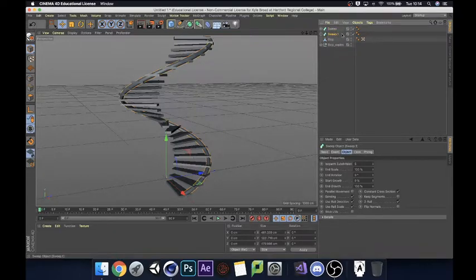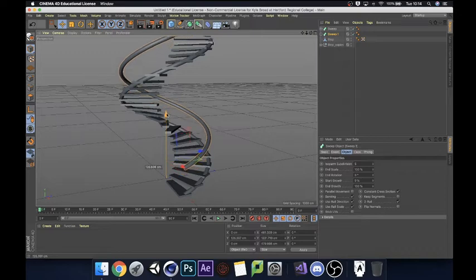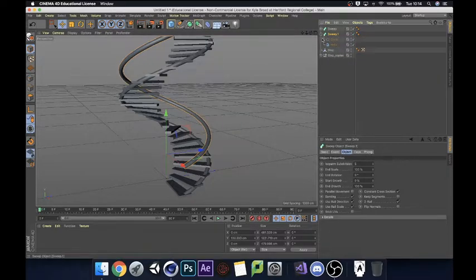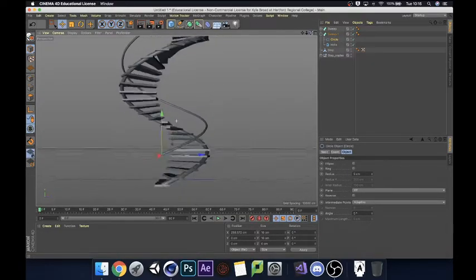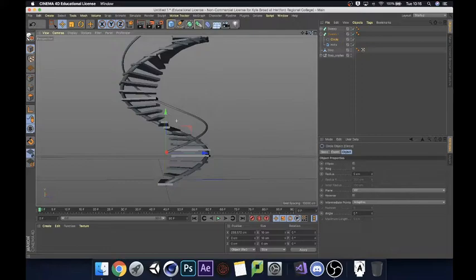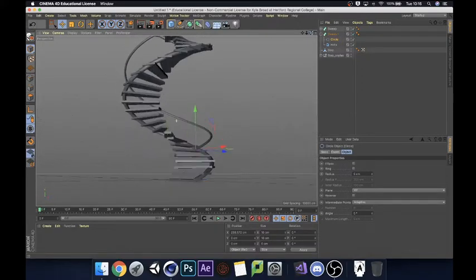What I'm going to do with this sweep is then drag this up. So we've got a second one. Obviously the thickness is not looking quite right. So on the sweep that I copied, I'm going to go back to circle, and then the circle radius is 10, as we changed right at the start. Let's just halve that to 5. There we go. So we've created a really cool looking handrail there,